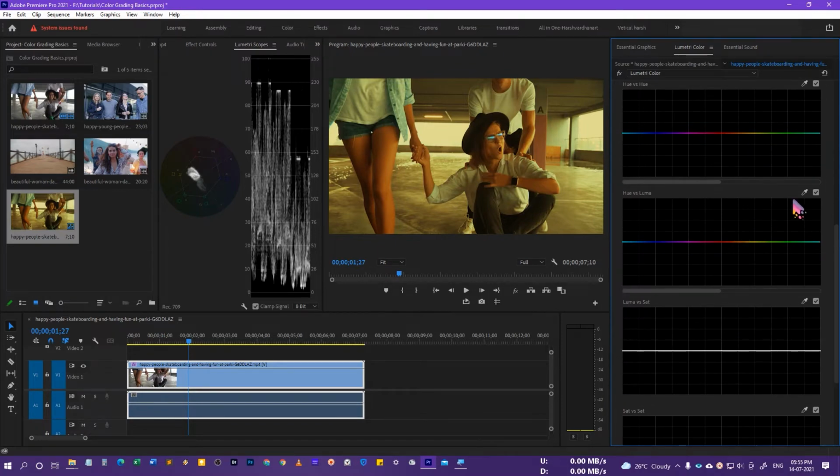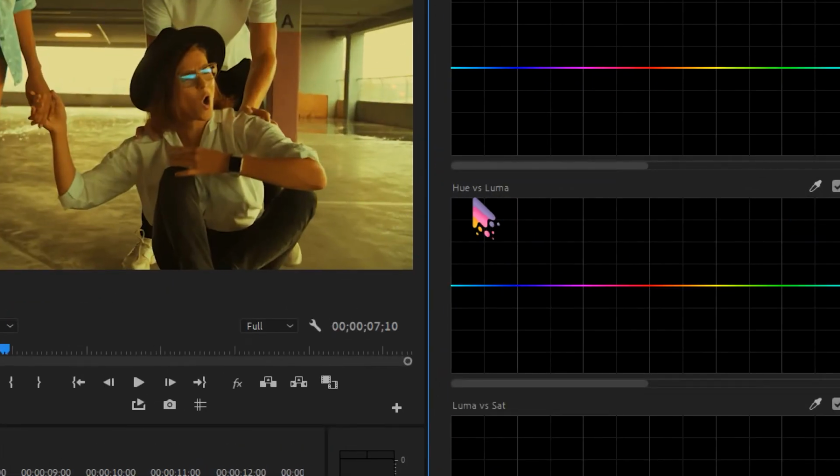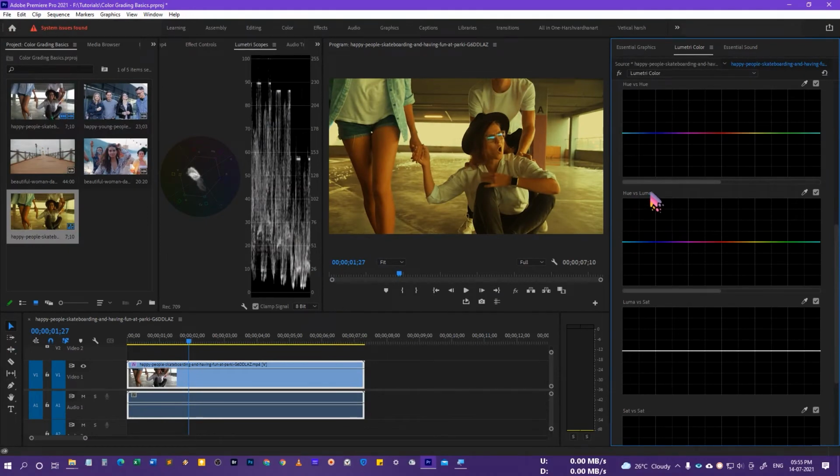And then we have the option of hue versus luma. Hue is the different color and luma is the lightness of that color. So if I select any color, let's say this one, I can drag it up. You can see this line now has the black and white on the top, and it's going to make it darker in the bottom. So we can make any color darker or lighter with the help of hue versus luma. Similarly, you can select the skin tone, we can adjust it up and down. Okay, so that's a very useful tool for lightening the skin.